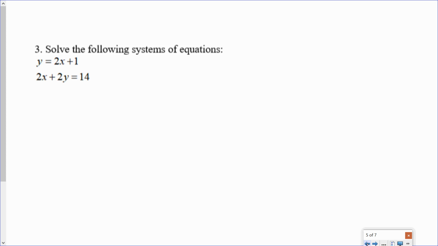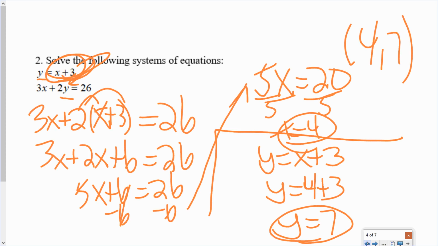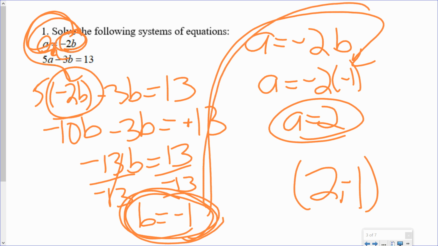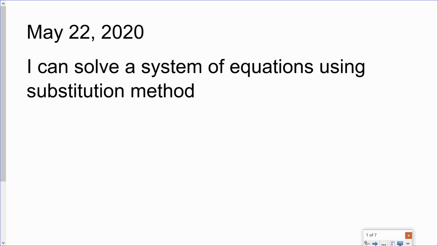All right, you have a couple problems to practice to this point. I'll give you a short quiz on this. But the substitution method is really pretty straightforward. When one of the variables is isolated, you're going to substitute one variable into the other, solve the equation. Once you get that answer, you're substituting that into one of the originals to find the other variable. So your classwork / homework